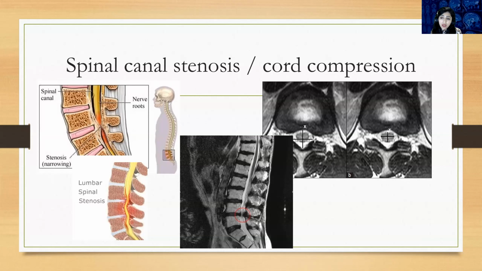Because if you are going to do the facet joints and nerve block, that means if there is spinal canal stenosis at this level, you have to do the right facet joint, the left facet joint, the right nerve and left nerve, so 4 injections. That's too much for one level. So that's why for spinal canal stenosis, and it's less likely to be at one level, mostly it's present at multiple levels, we prefer doing epidural injections.